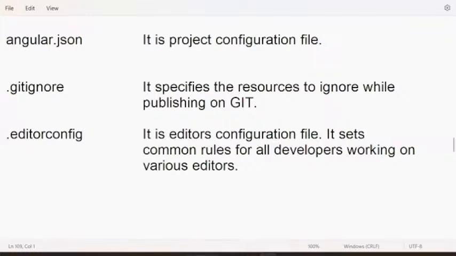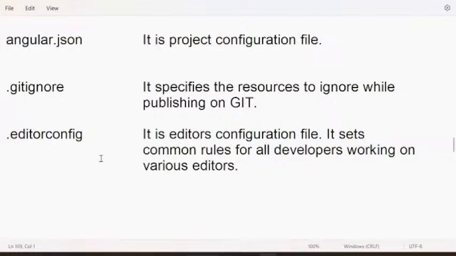That means we give developers a choice that whatever editor you want, you use. Then what is the problem? Every editor has different rules. If everybody follows different rules, then a lot of contradiction will be there, a lot of inconsistency. So what we do is we set some standard rules here, saying that whatever editor you may be using, you follow these rules. If you don't follow these rules and try to design something new, then automatically it shows a warning.